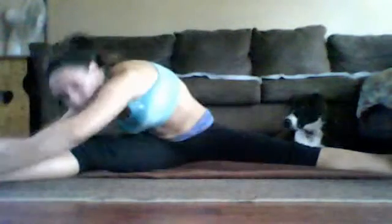So from the front, it would look like this. Okay? And then you just want to do some simple front stretches. My head can touch the floor. If yours can't, that's alright. Then each side,